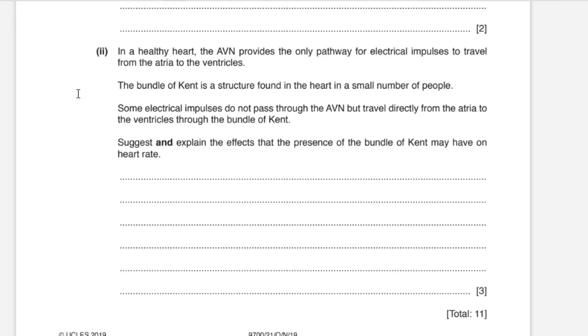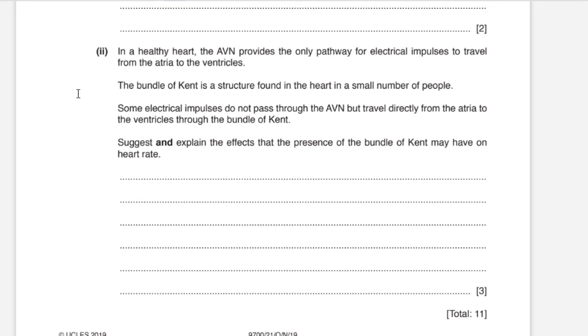2. In a healthy heart, the atrioventricular node provides the only pathway for electrical impulses to travel from the atria to the ventricles. The bundle of Kent is a structure found in the heart in a small number of people. Some electrical impulses do not pass through the atrioventricular node but travel directly from the atria to the ventricles through the bundle of Kent. Suggest and explain the effects that the presence of the bundle of Kent may have on the